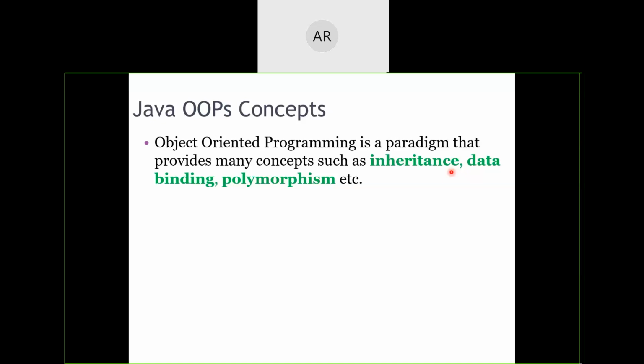Like, for example, human beings. We all are human beings inheriting some qualities, some way of living from our parents. From our parents, we have acquired certain characteristics, certain look and feel, certain way of appearance, certain way of talking, certain way of approach. All those etiquettes have been acquired from our parents.